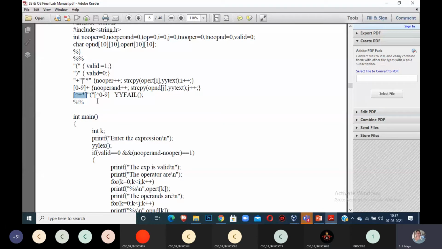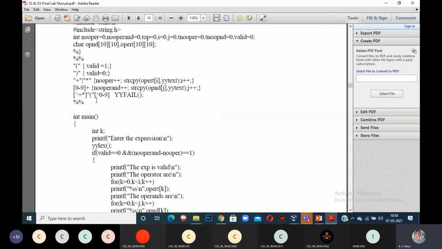What type of fail you require, you can mention all the fail conditions here. I am writing one condition, and it is left to you. You can write in your rule section what type of input you want to match, and according to that, you can write. We can't write a common statement for accepting all types of input. Some students give different types of input. Depending upon that input, you write your regular expression to match your input. I am writing as per the question to satisfy that condition. I am taking these as the invalid conditions.